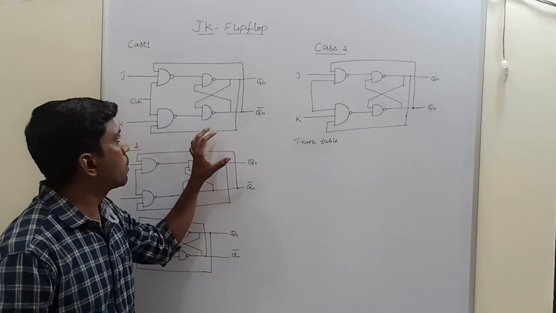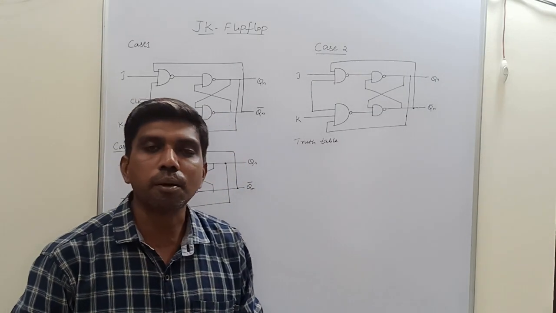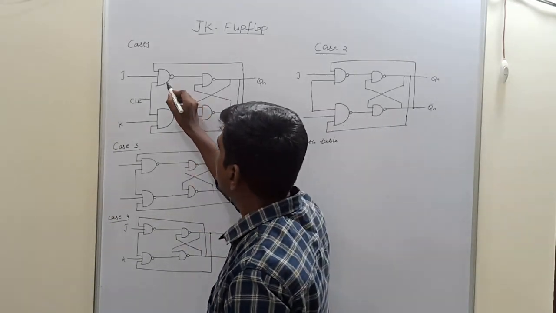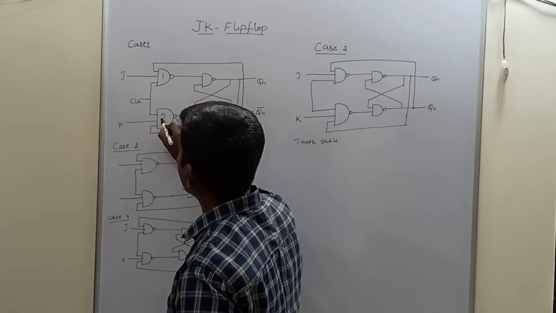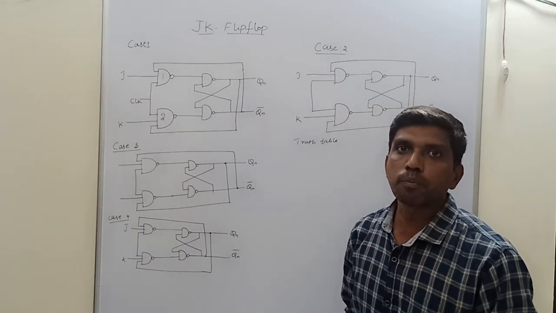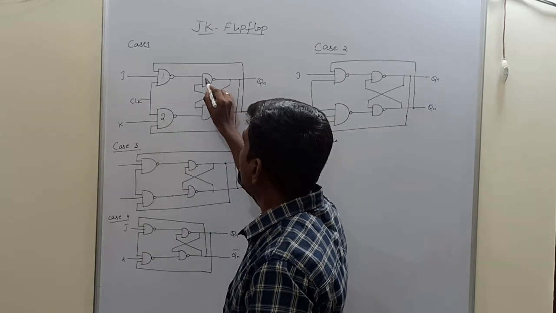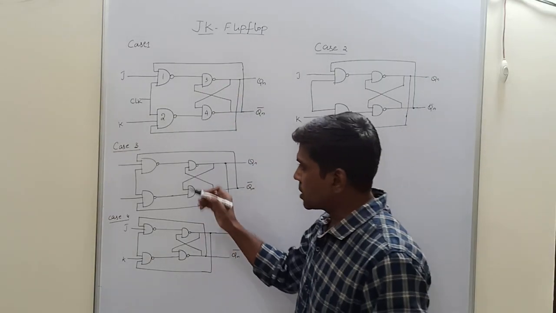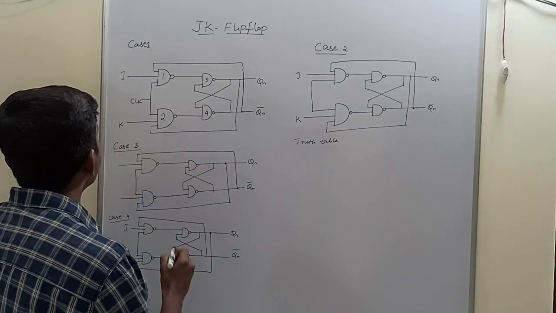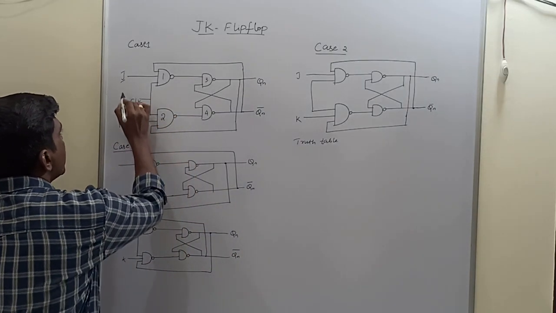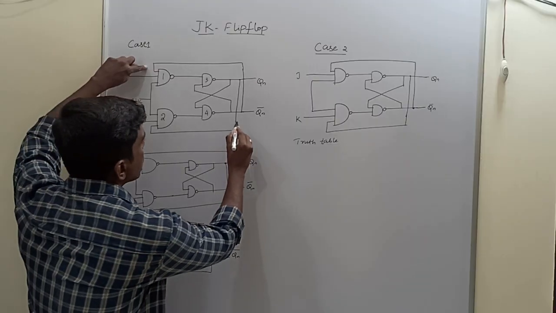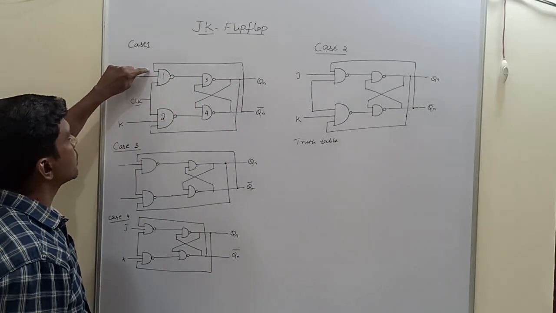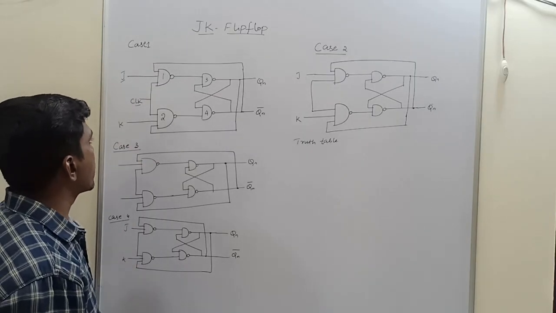So it's a simple logical diagram. In this logical diagram, it consists of 4 NAND gates. NAND gates 1 and 2 are 3-input NAND gates. NAND gates 3 and 4 are 2-input NAND gates. NAND gate 1 gets an input from the clock signal and J. Another input comes from Qn bar. So this Qn bar is connected to the third input of the first NAND gate.